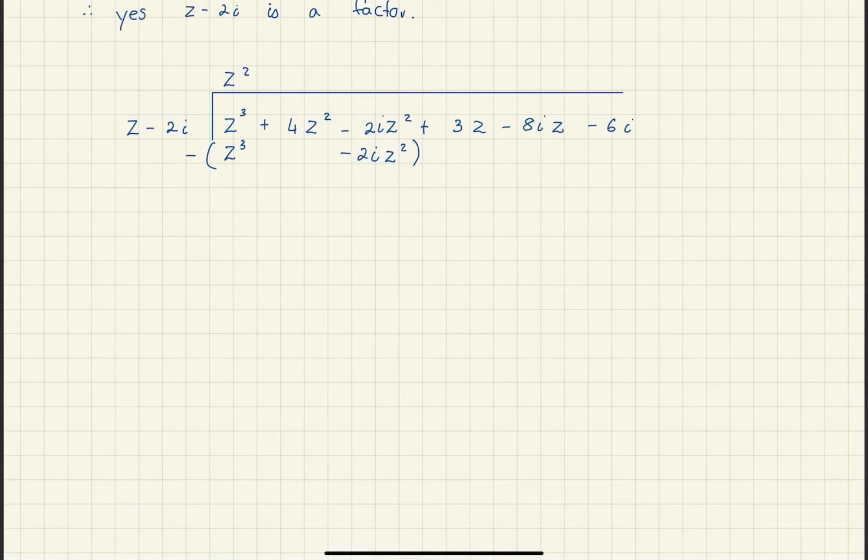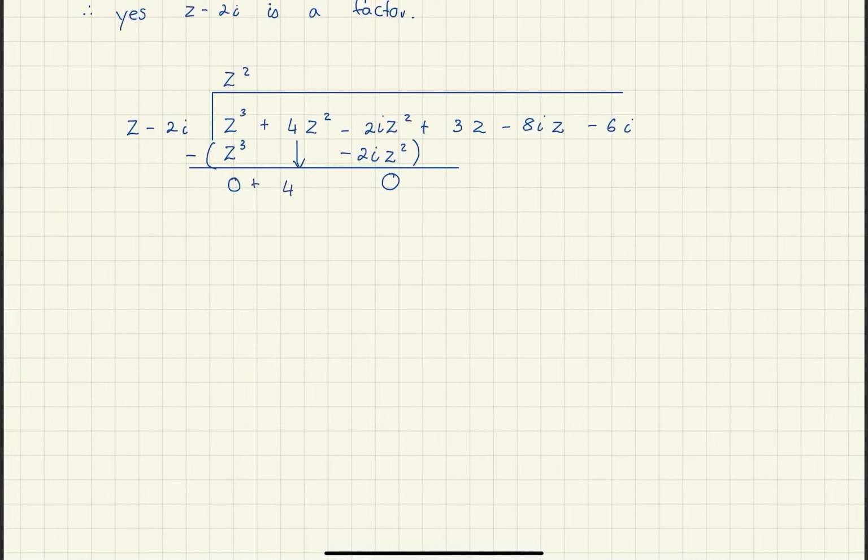So when I subtract, or draw a nice neat little line there as well, when I subtract, those z cubes are going to fall away, so I get 0 there, and I've got a negative 2iz squared, and I'm going to subtract a negative 2iz squared. So this is going to be effectively adding 2iz squared, so that leaves me with 0 for that term too. Okay, and basically now I just write down what I am left with. So I bring this term down. It didn't get changed,